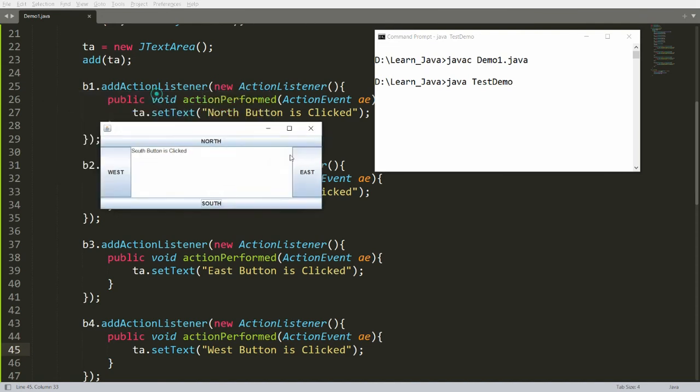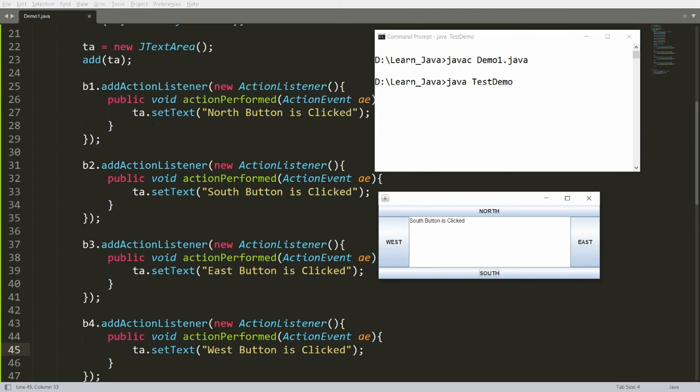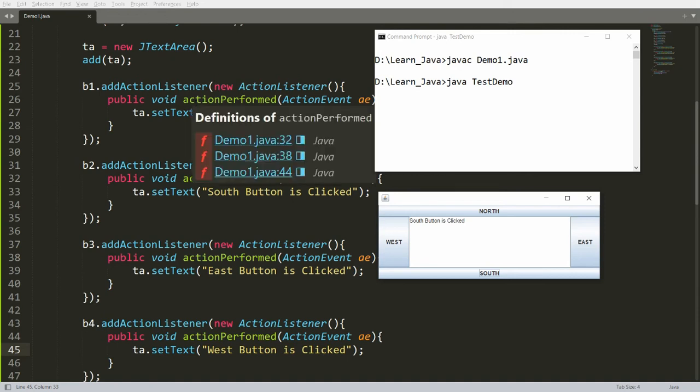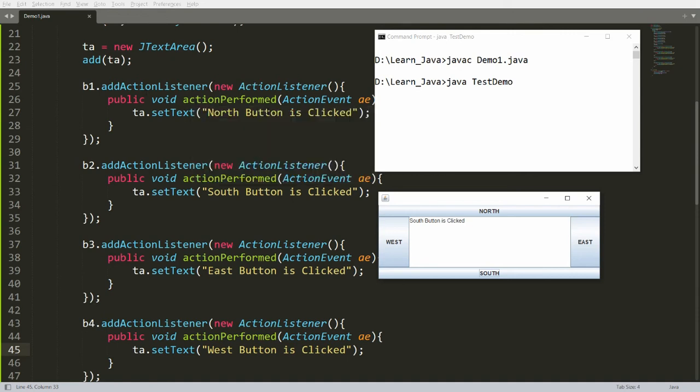So what did I do? I did nothing. See here, I called it anonymously. I just passed the instance of action listener and overrode the function actionPerformed. So whenever button 1 is clicked, this function will be called, and that is the reason why I'm getting north button is clicked. So you can say that the default layout is the border layout, but I don't want